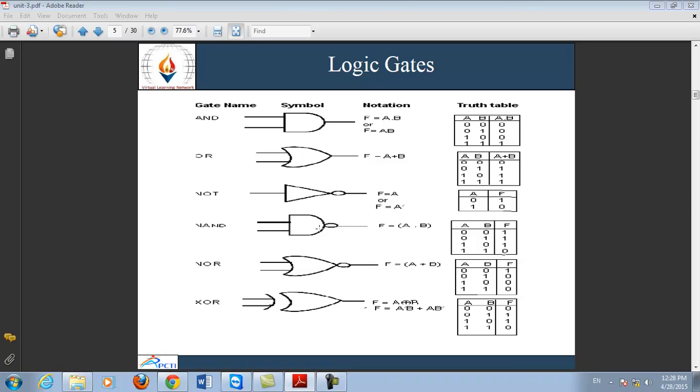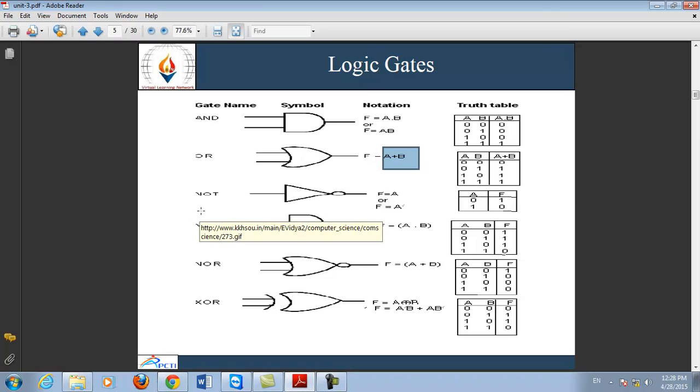Okay. NAND and NOR gate. These are universal gates, because we can apply these universal gates to solve any equation. Means to find out A plus B, we can use OR gate, but you can use NAND gate as well as NOR gate instead of OR gate to find out or to solve this equation.